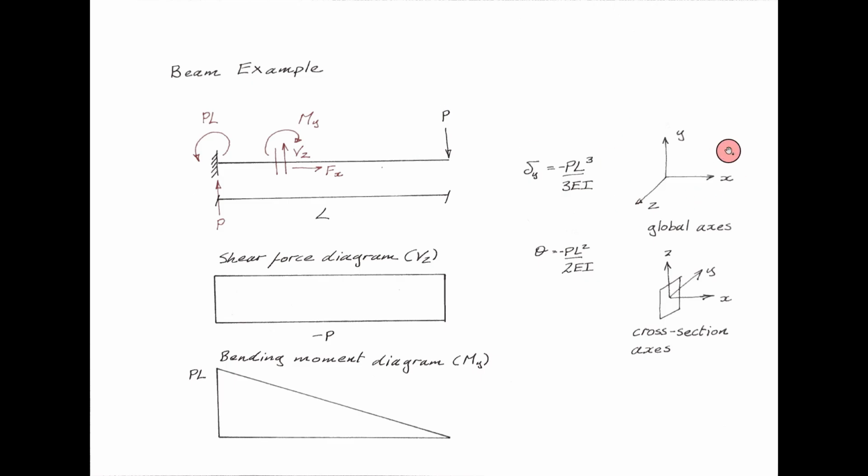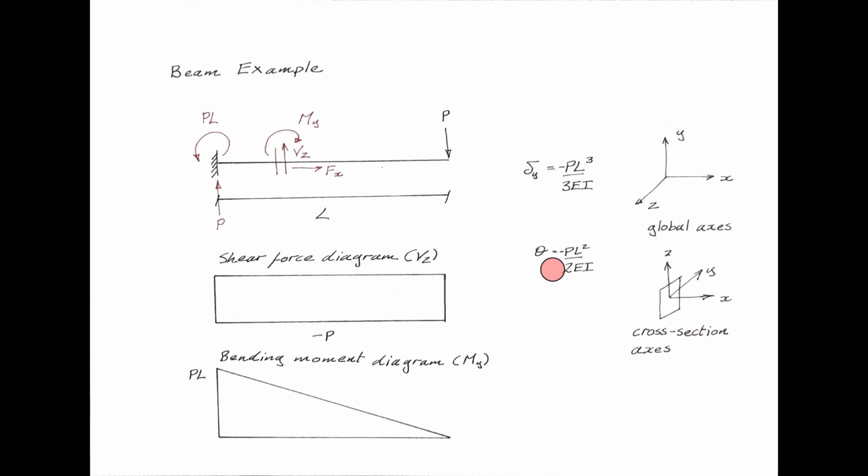What we're interested in, so obviously we're going to get results out in the global axis system. And I've indicated that at the free end here, that means that we have a downward deflection of minus PL cubed over 3EI. And actually we have a clockwise rotation. So in our global axis system, that means that we have a negative rotation of PL squared over 2EI. So we can check those values later on, and I'd encourage you to do that once we've completed the